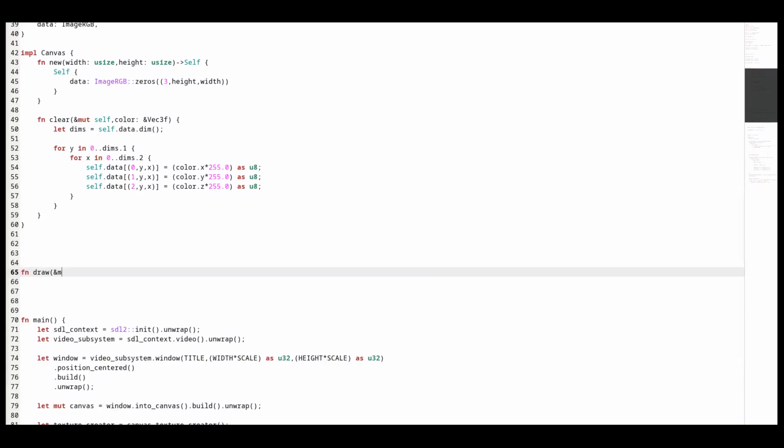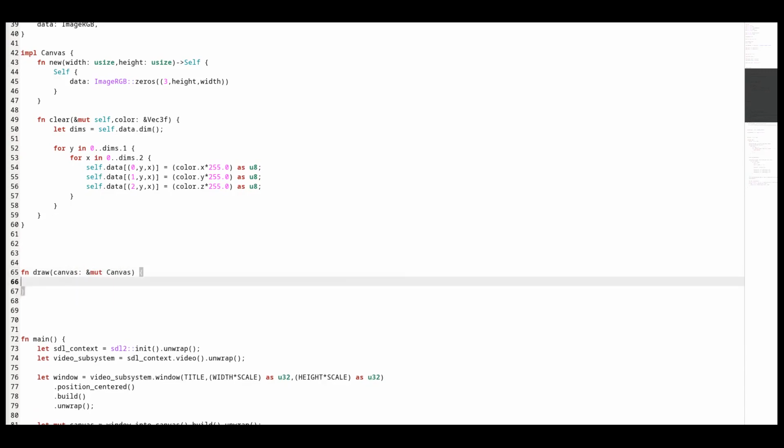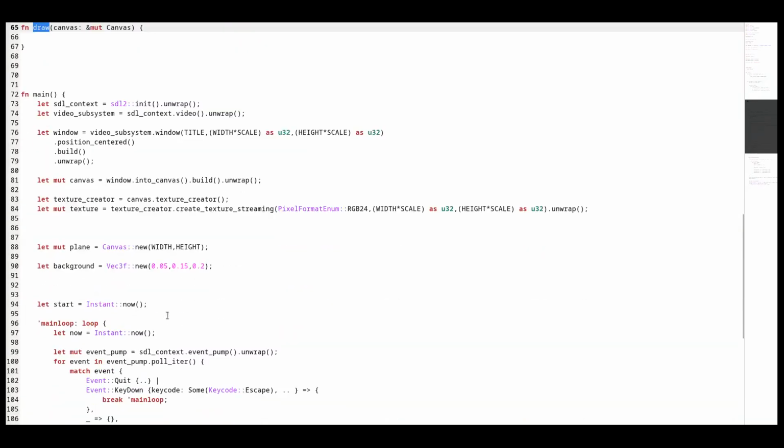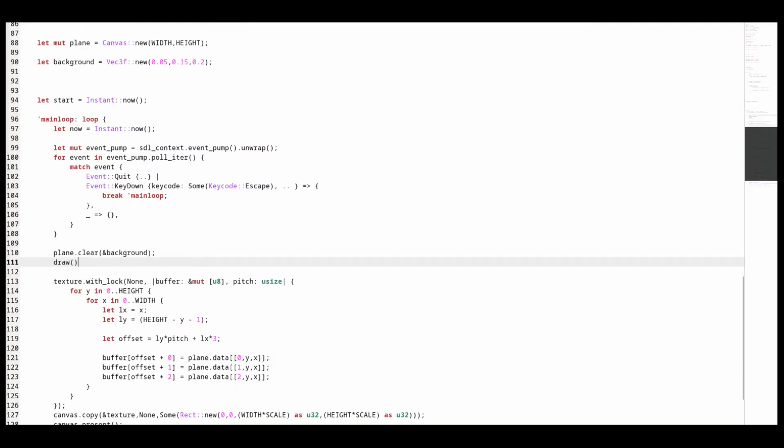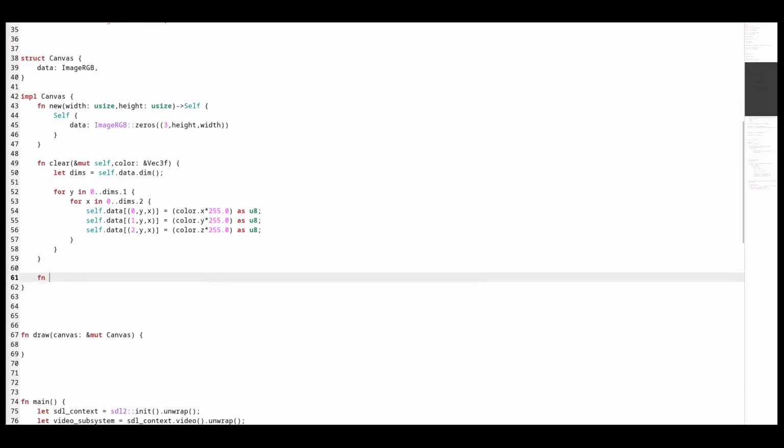We will draw stuff in the function draw that takes a mutable reference to the canvas. Let's add a canvas method line to draw a line between 2 points.